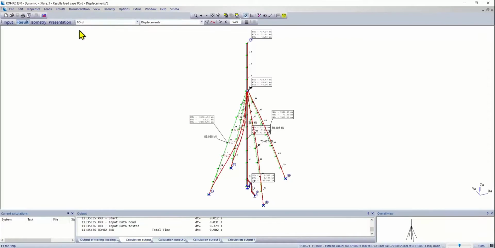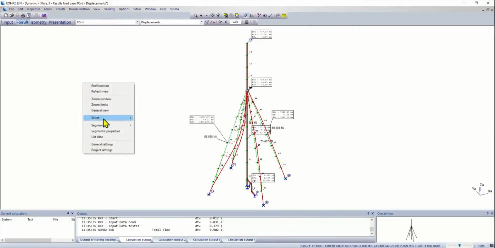Well, in the first order theory, because the ropes here are so soft, they have almost no bending stiffness, the deflection for the ropes is completely wrong in the non-linear calculation, or let's say it's not representative. Whereas the piping system itself still looks pretty okay. We have around 28 millimeter deflection here at the attachment point and 37 on the top, and in the middle here in between the supports 53 millimeters.